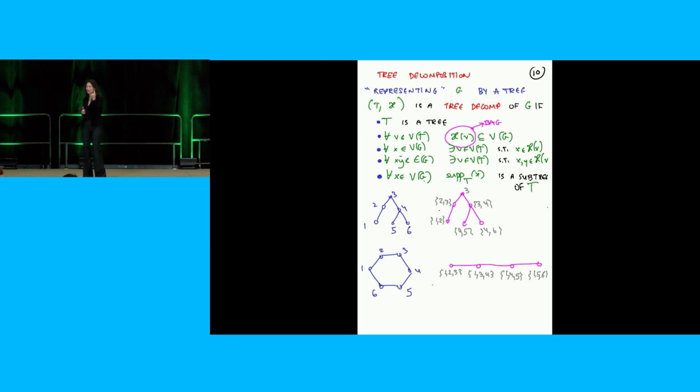Take the one vertex tree and take your favorite graph and put all the vertices of your favorite graph in the bag on this one vertex. So that's definitely a tree decomposition. Every vertex is in a bag, every edge is in a bag. There's no path in the tree to worry about. But the thing is, you didn't do anything, right? Your bag is as complicated as the graph you started with. So that's not a representation, it's cheating.